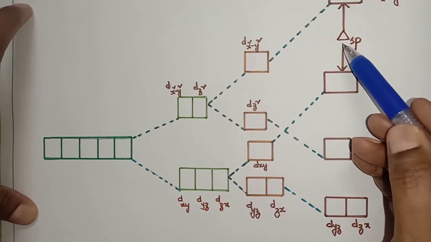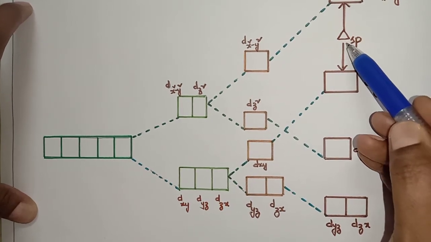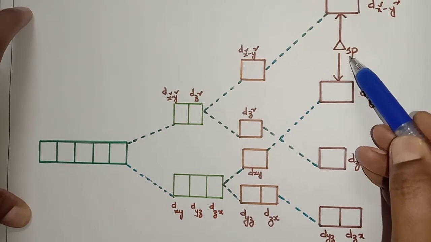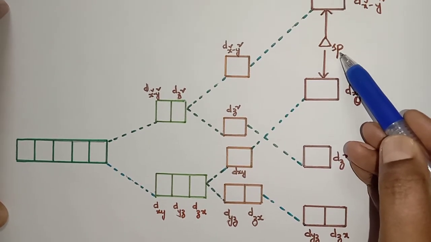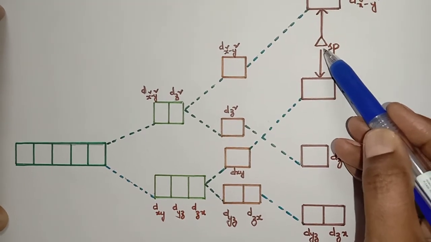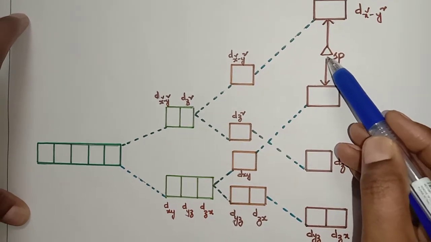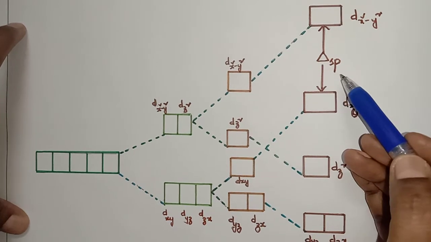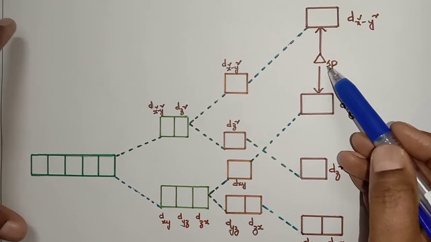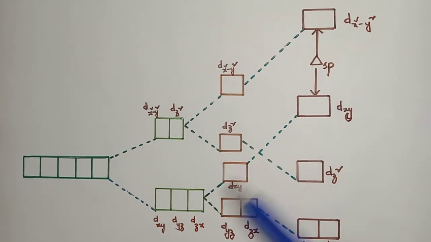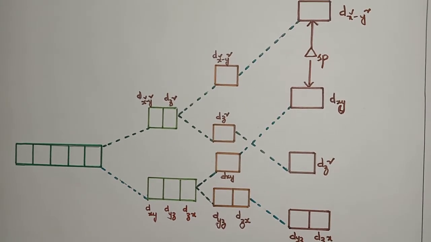And how do we denote it, students? It is denoted as delta SP. What is SP? Square planar. Do you remember, in octahedral complexes we call it delta O, in tetrahedral complexes we call it delta T. In square planar complexes it is called delta SP, and this energy difference is called the crystal field splitting energy of square planar complexes.